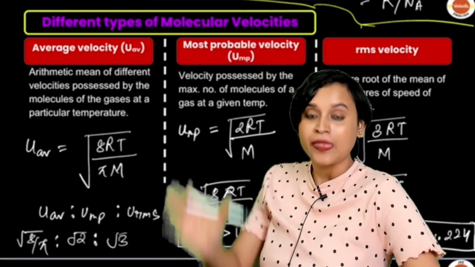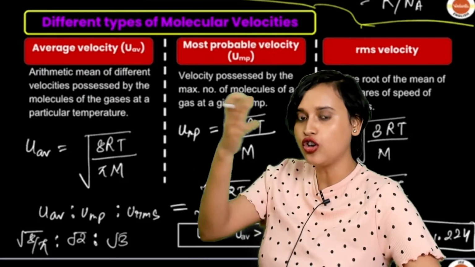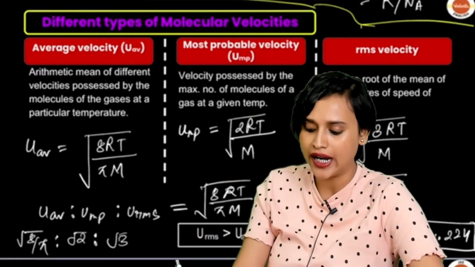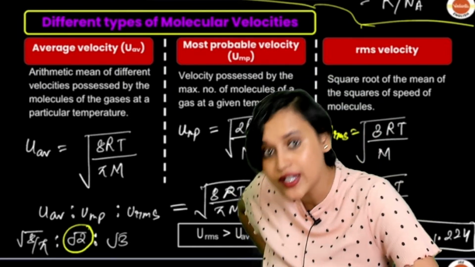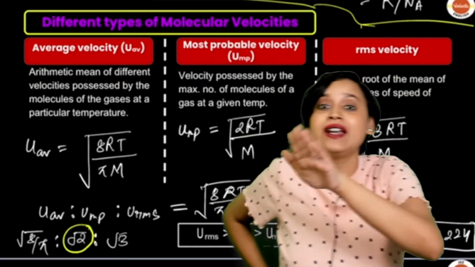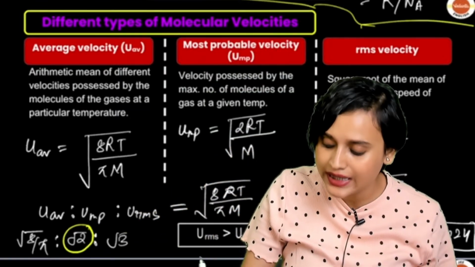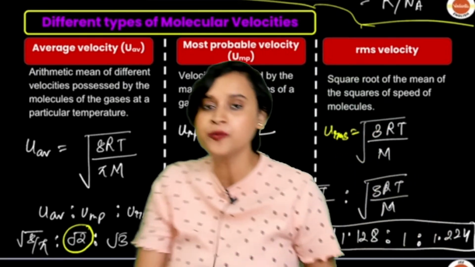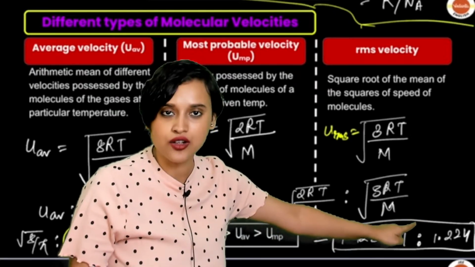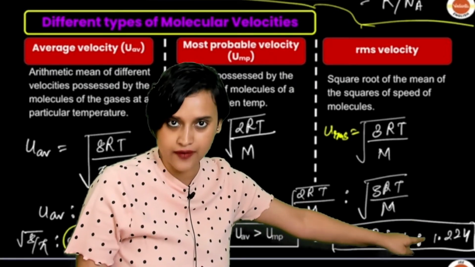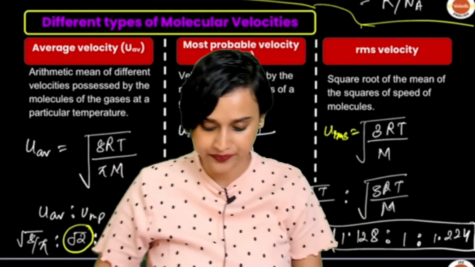Understood this much? Once we have done that, and now when you calculate, try it out. Root over 8 by pi, or don't even do that. Let's take root 2 is equal to 1. When we take root 2 is equal to 1, and then if we want to find the ratio, once you calculate, you will find these numbers, the ones that are written here, okay? So we have taken root 2 as 1. If I take root 2 as 1, that means, okay, all right.